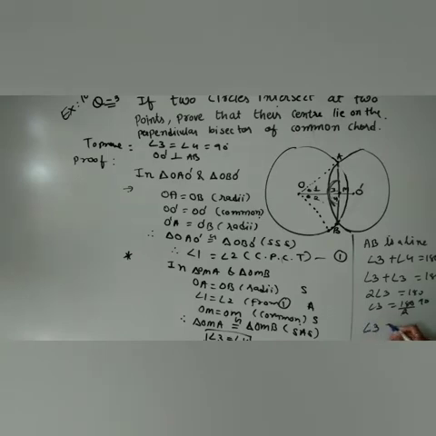So here we have proved angle 3 is equal to 90. Since 3 is equal to 4, that also will become 90. And we already proved that this is 90, this is 90. It means this line OM is perpendicular on AB. So here we will write that OM is perpendicular on AB. So this is the proof and a very important question for us. I hope you understood.